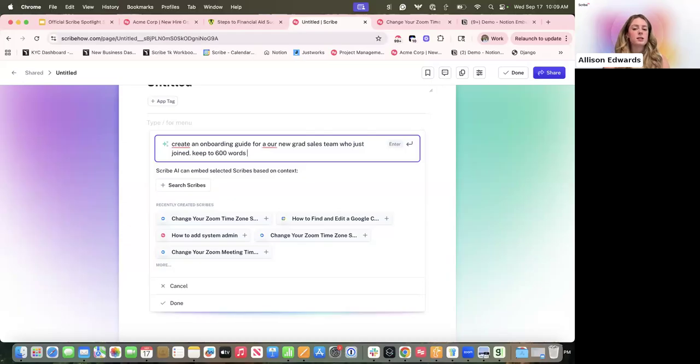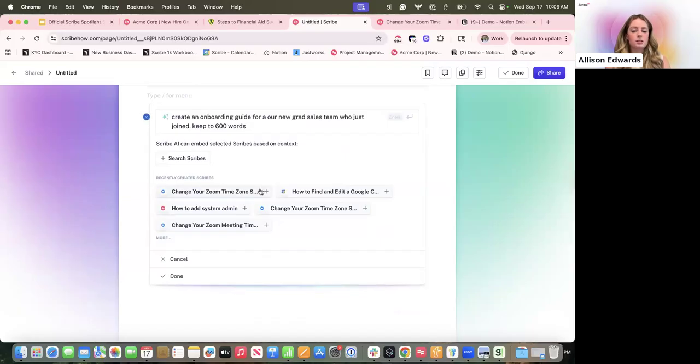You can give it a prompt. The nice thing is this character count is very generous. So if you wanted to copy and paste even an existing document and have it reformat, or even say, maybe condense this for me a bit, it will go ahead and do that. So I went ahead and gave it this prompt.